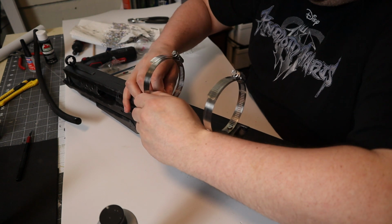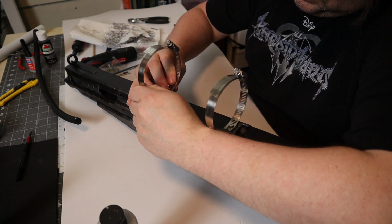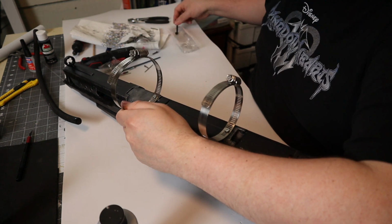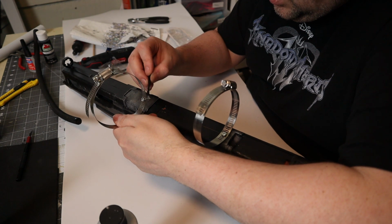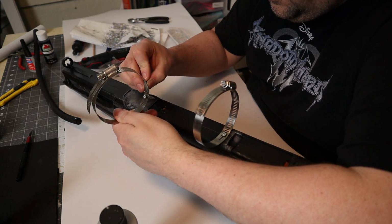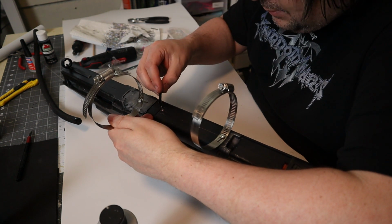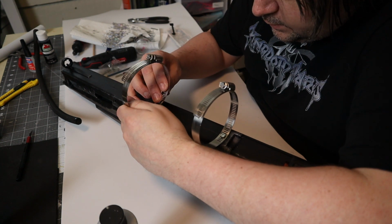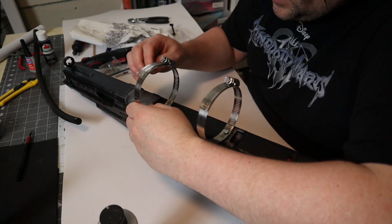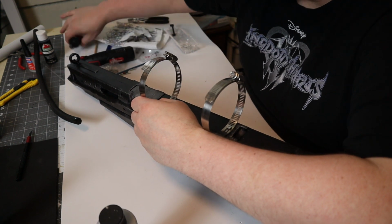So, come on. Looks like I might need to put a little more glue. I'll put some on the screw itself. That'd be a good idea. Dab a little more on the hole there. Yeah, and that just basically slides right in because that's as good as I could get. And then,